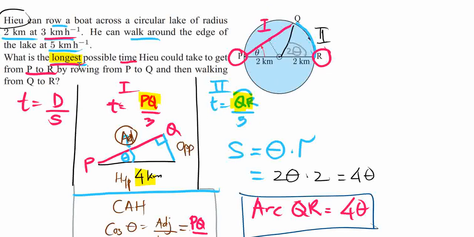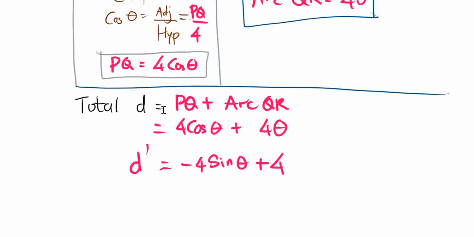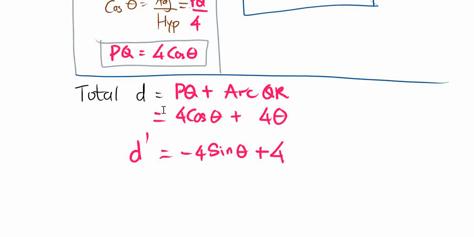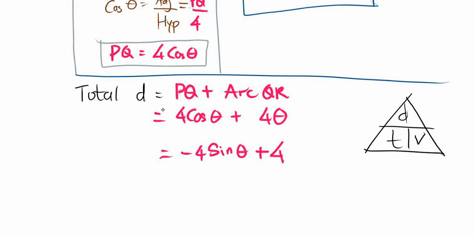But the question is the longest possible time, not the longest possible distance. So we have to get the equation in time t. Time is distance divided by velocity or speed. So from here we got the equation for the time. Total time will be